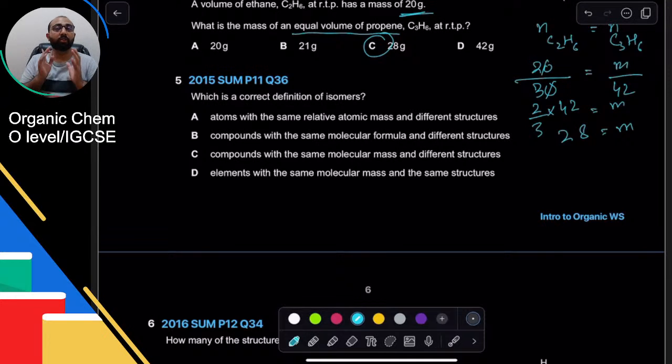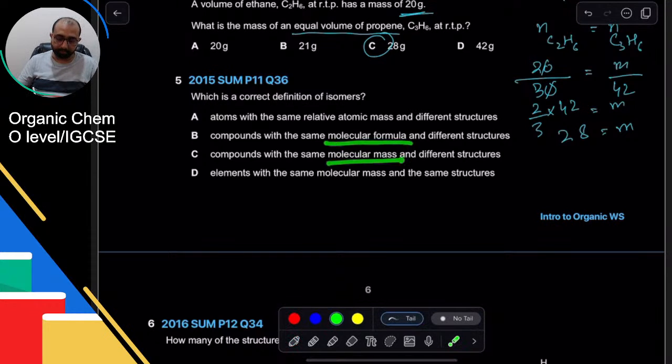What are isomers? They are compounds of same molecular formula but different structure. ठीक है, या different structure formula. So compound with same molecular formula but different structure. अच्छा, इसमें अब दो ऑप्शंस जो हैं वो रिपीट हो रही हैं. लग ऐसे रहा है, लेकिन देखो गौर करना है आपने. ये मोलेकुलर फॉर्मूला है, ये मोलेकुलर मास है. मोलेकुलर फॉर्मूला और मास में थोड़ा सा फर्क होगा ना, ठीक है. सो इसकी वजह से आपने ये देख लेना है कि योर ऑप्शन शुड बी एब्सोल्युटली राइट, द वन दैट यू पिक, एंड इट शुड बी compounds.